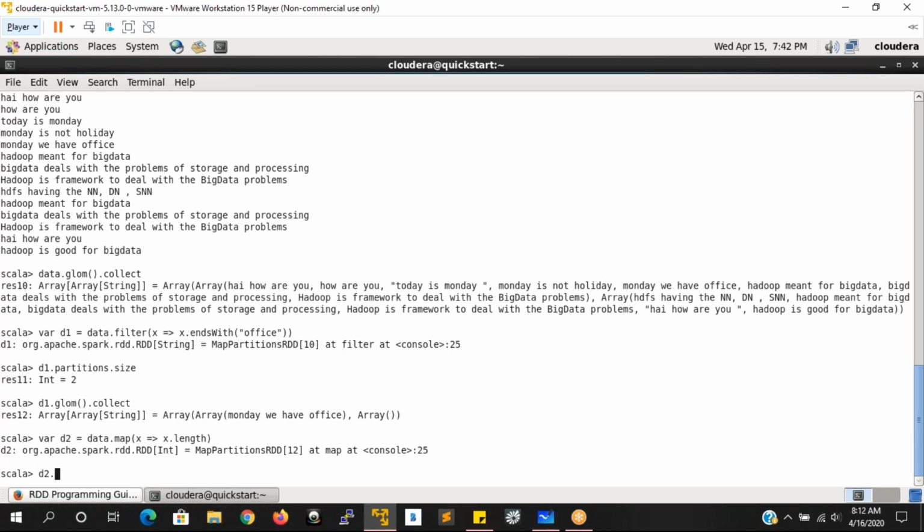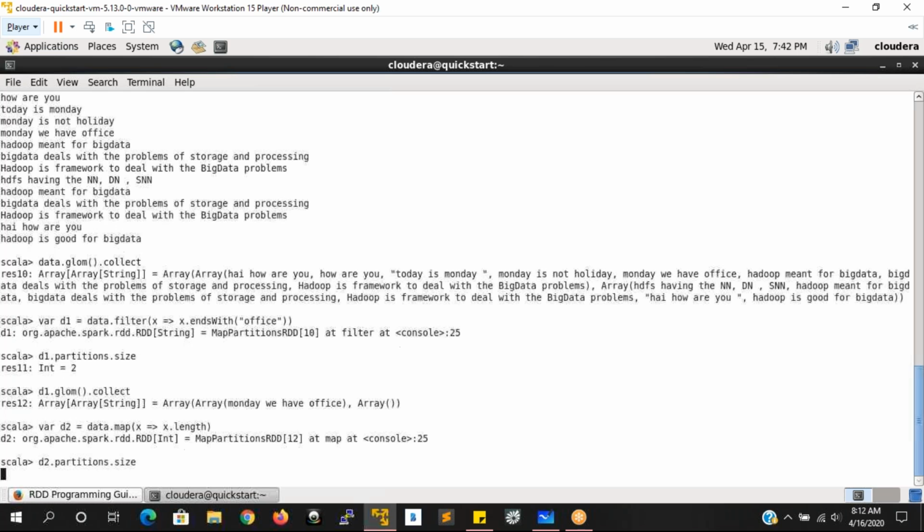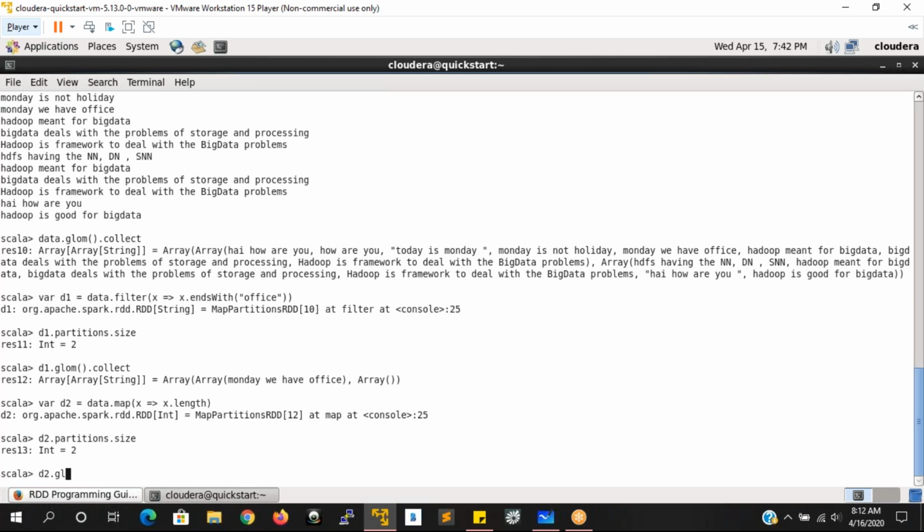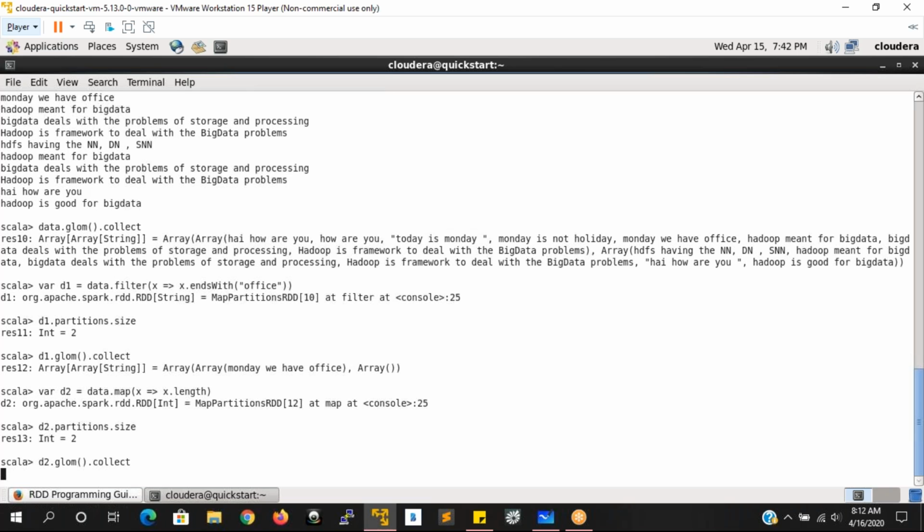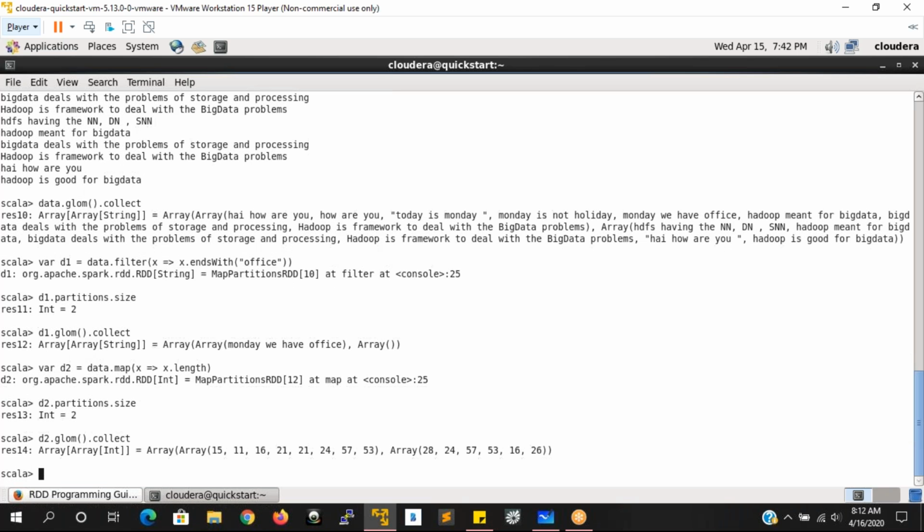So here, d2.partitions.size, how many partitions are we going to have? Two partitions generally. And I'm going to do d2.glom.collect. So in this case, what is happening here? You'll see that in both the partitions you have some values. Here also you are going to have some values. Are you getting my point?